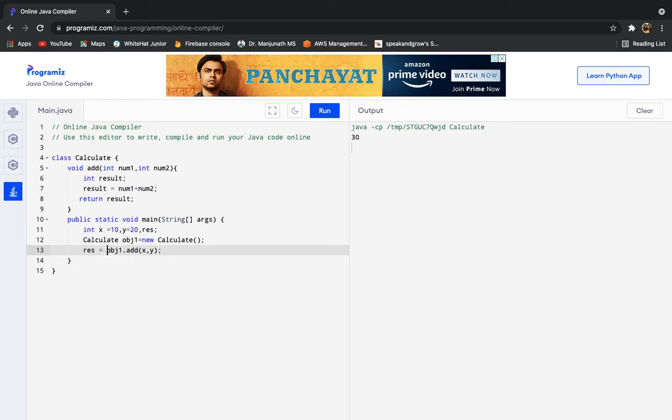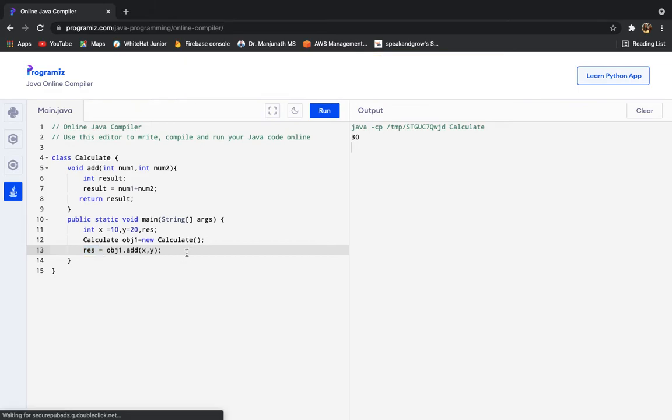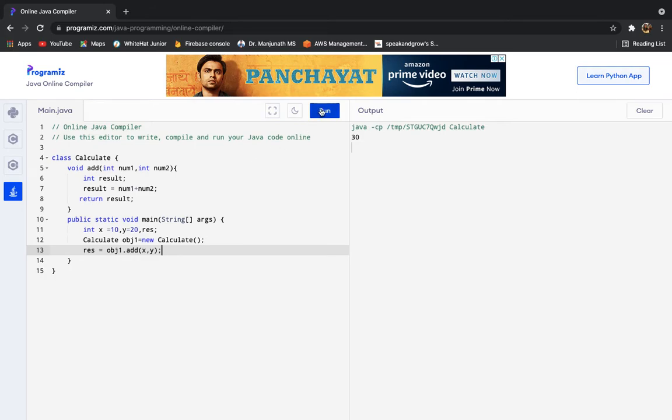So the same way how x and y were being passed to num1 and num2 with the values of 10 and 20, here also it will not pass the name result, it will pass 30 as its output to the res. It will store 30 to the variable called res. Now if you just want to simply print it, you can print again. Let me just print it here and let us see what kind of error we get.